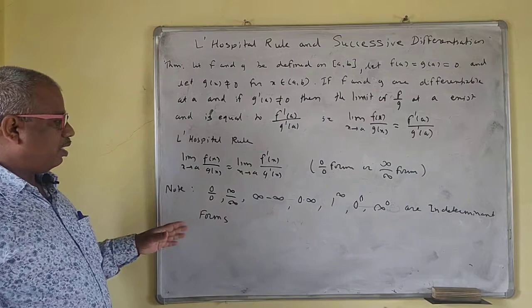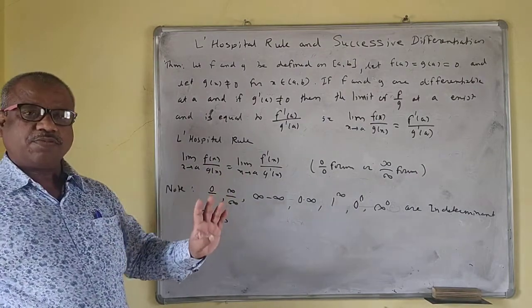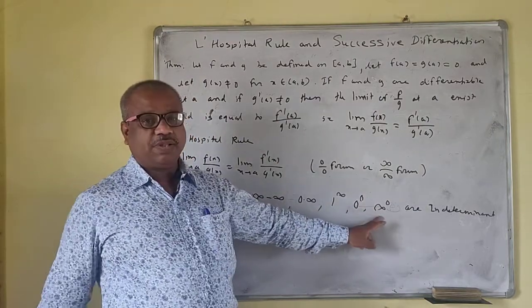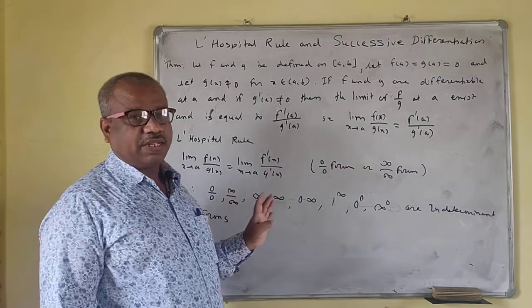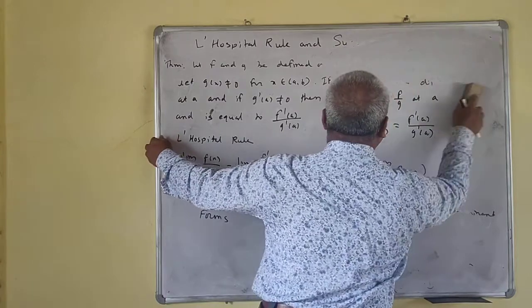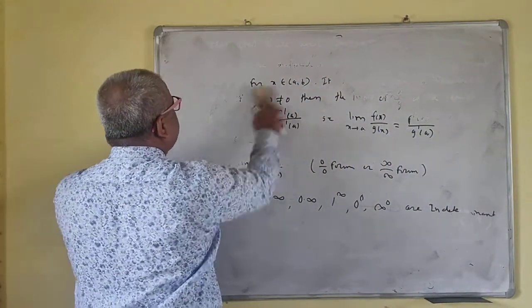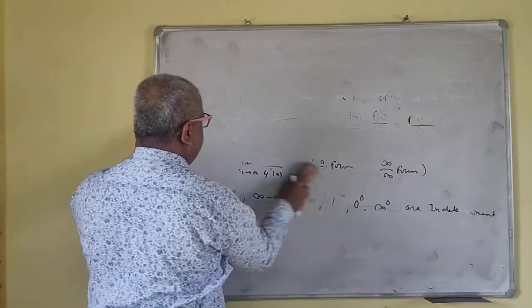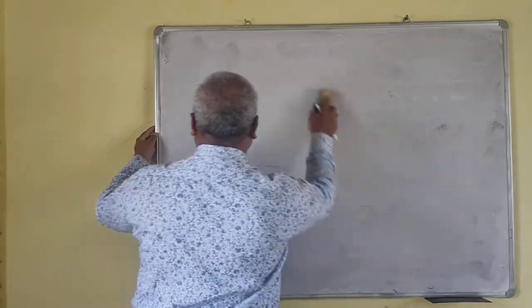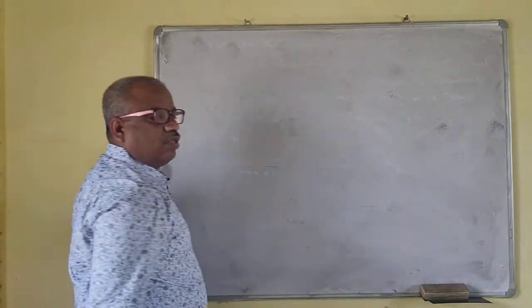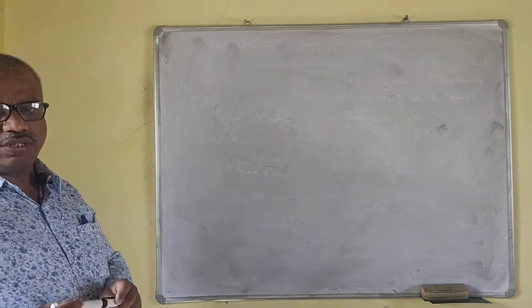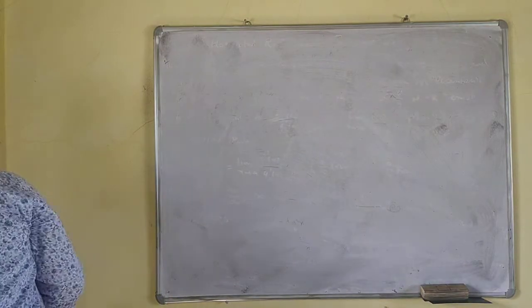We'll see examples on these indeterminate forms one by one. You have to convert all these to 0 by 0 form or infinity by infinity form, and then apply L'Hospital's rule. Now we will see how to solve problems using this rule. We are evaluating limits now, which you have already studied in 11th and 12th, but there you needed to apply some formula. Here you don't have to apply any formula, you just have to differentiate the numerator and denominator only.